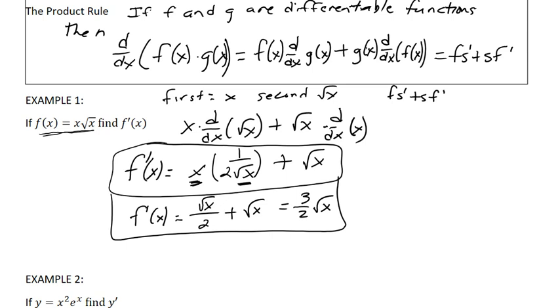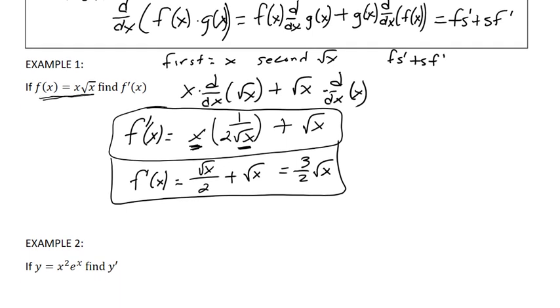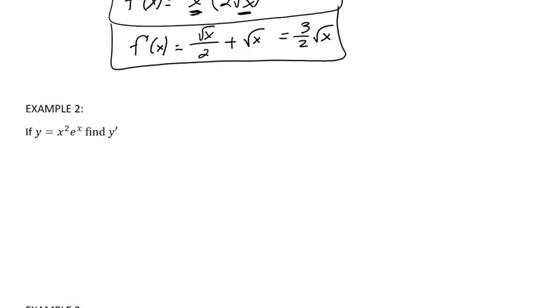Alright, let's try another example. So again, we can see that we have two functions. We have x twice multiplied together. Okay. So using my product rule, it's the first times the derivative of the second plus the second times the derivative of the first,